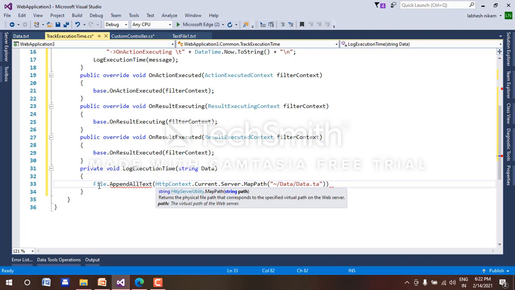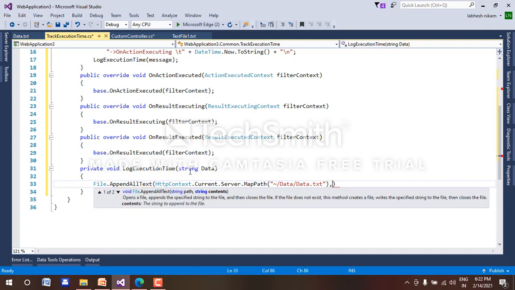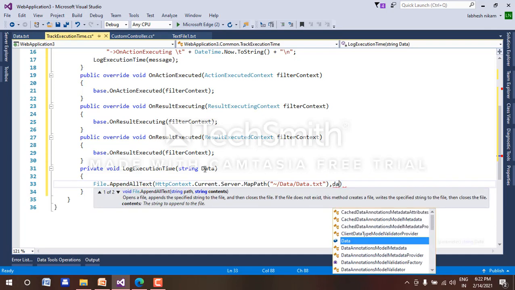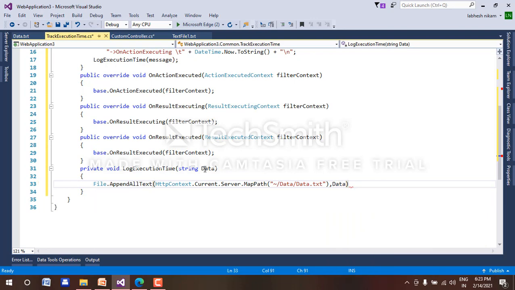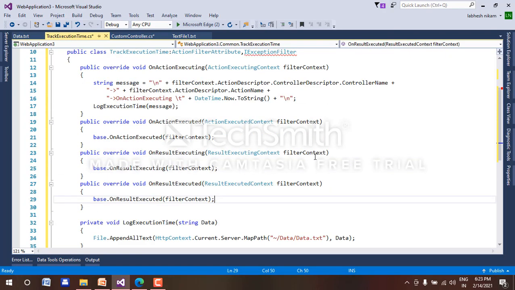The log file will be created here, using this parameter data. So this is completed now, and one exception method is also remaining.